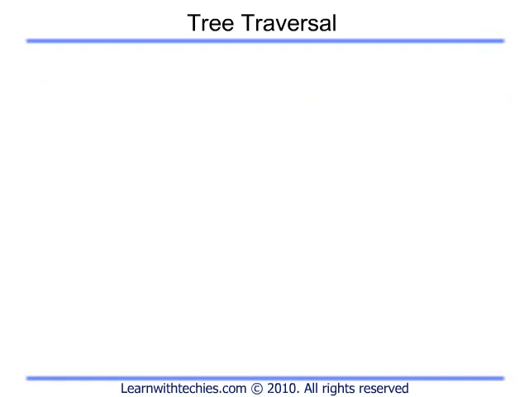Traversing a tree means accessing all the nodes of a tree. There are 3 ways a tree can be traversed: in-order, pre-order, and post-order. In pre-order traversal, the root of the tree is visited first and then the left and right subtrees are traversed